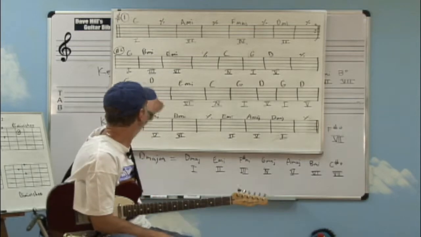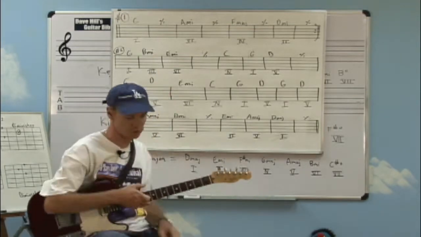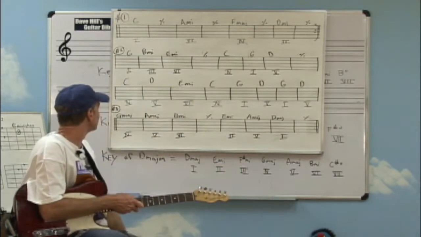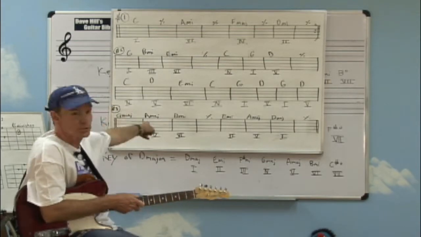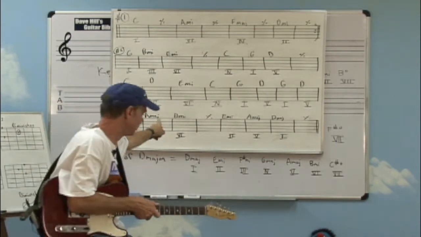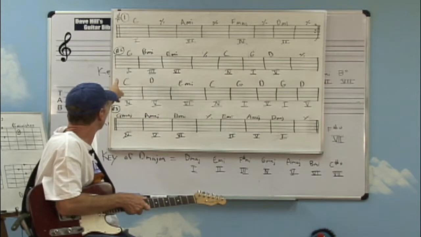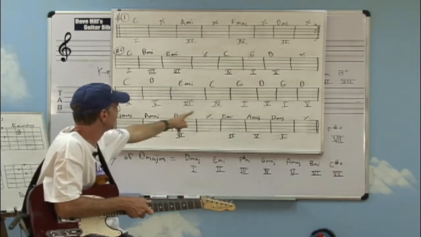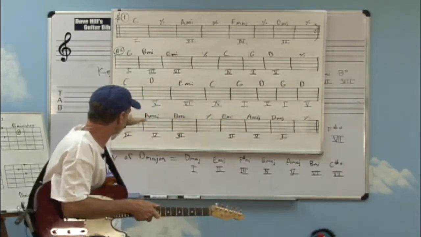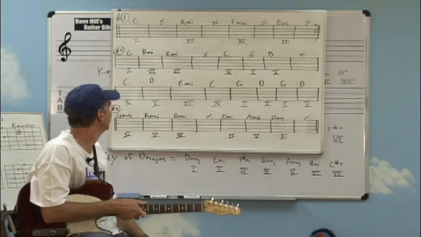So let's go ahead and stay in the key of G and take a look at progression number 2. And progression number 2, as you can see, is much longer. Progression number 2 is that second staff system down to the end of the third staff system. Don't look at the last staff system. Okay? Now,